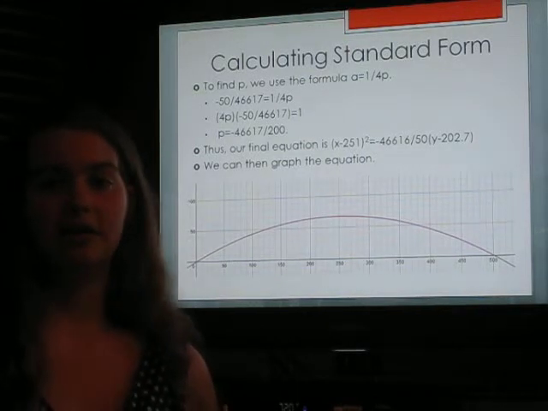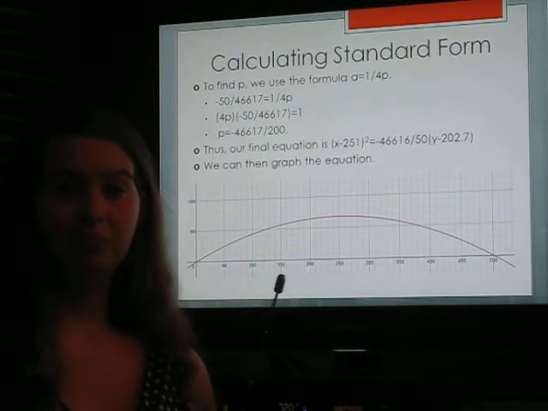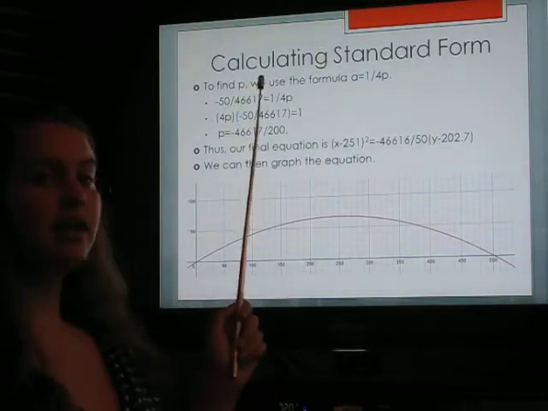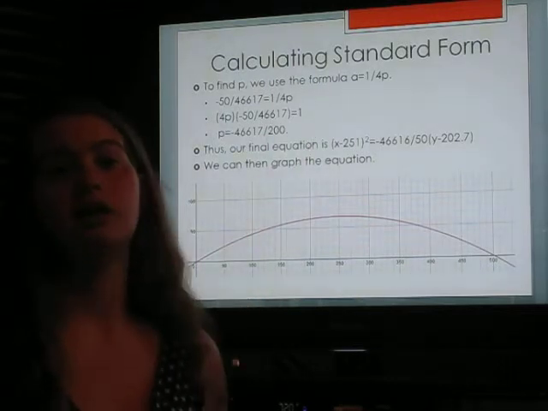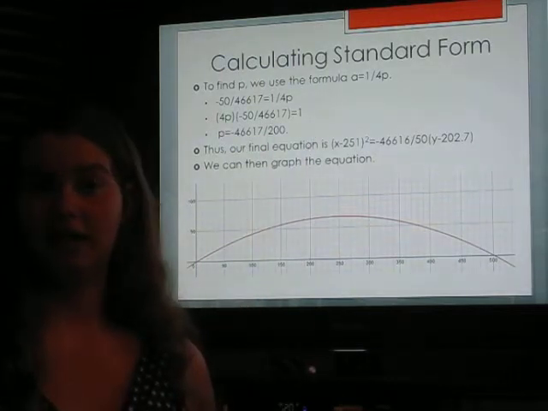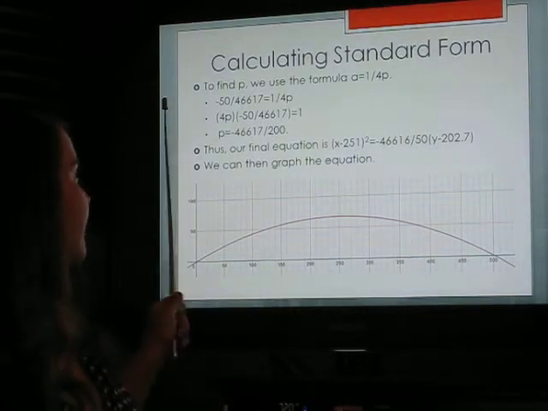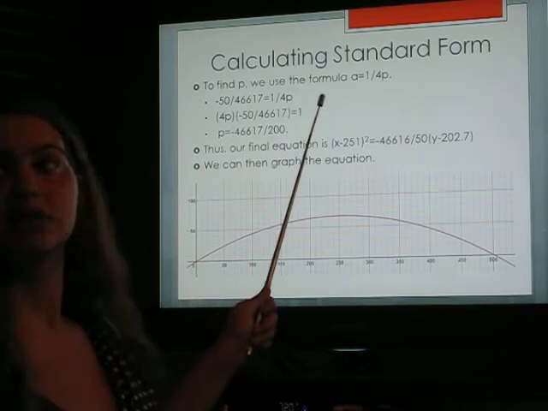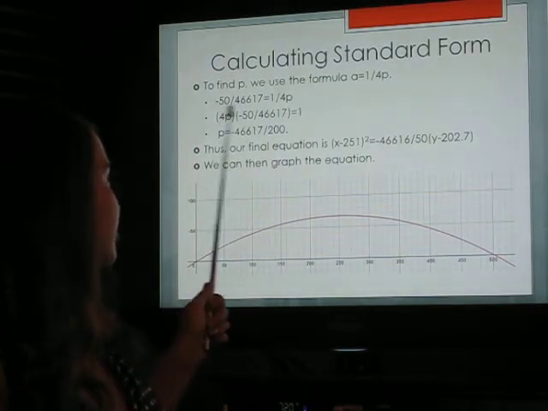That we need to calculate the standard form of a parabola is the value of p. And so we have the formula a equals 1 over 4p. And obviously we've already calculated a. And so we can plug that into the formula. And then we need to solve for p, so we can multiply both sides of the equation by 4p, and